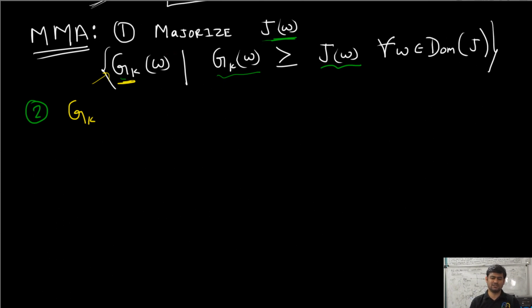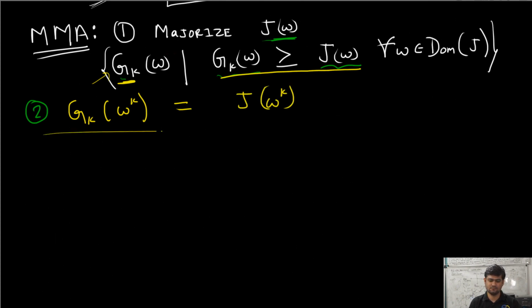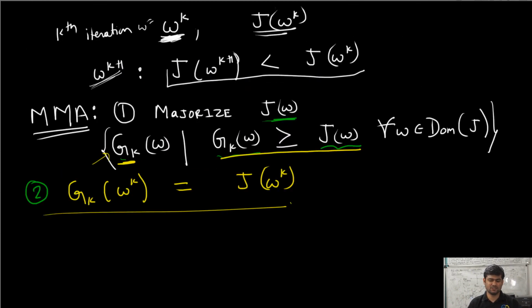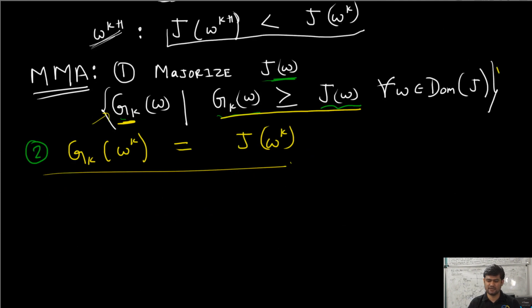The function gk should satisfy that it upper bounds the original loss function j of w, and the second constraint is that gk of wk is equal to j of wk. So once we select a function gk that satisfies these two properties, that it upper bounds the original loss function j of w, and that it has the same value as the loss function j at w equal to wk,